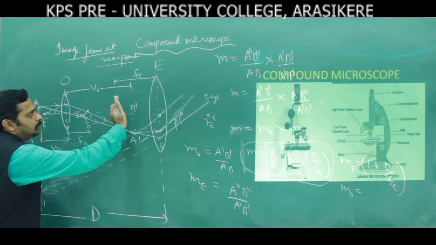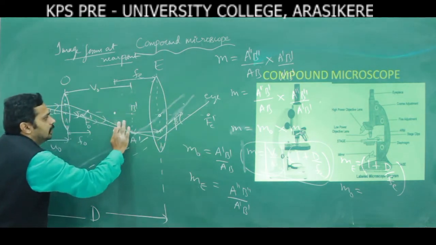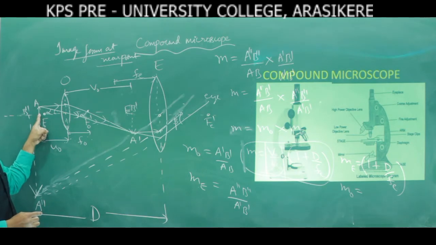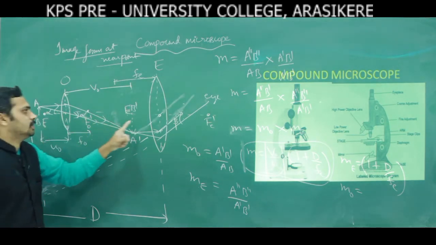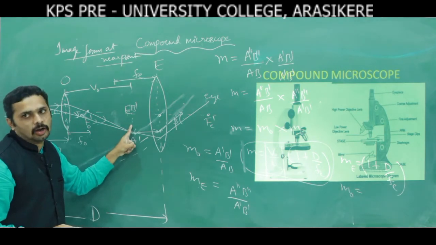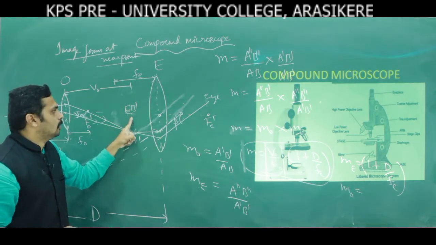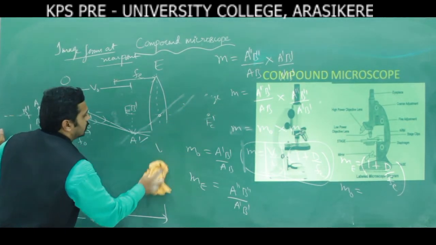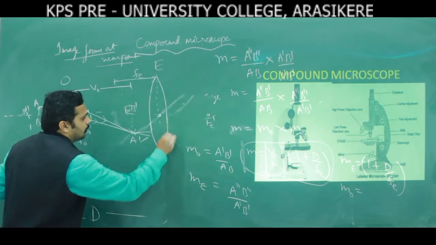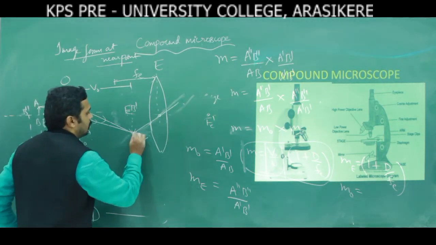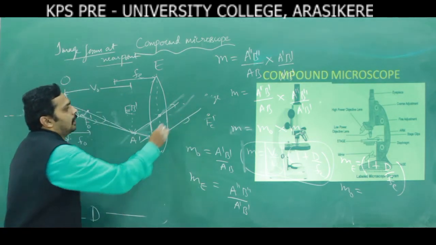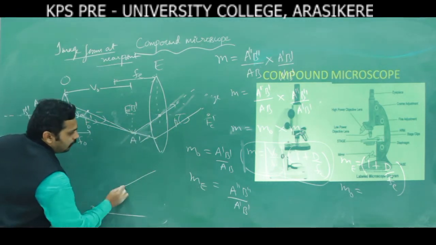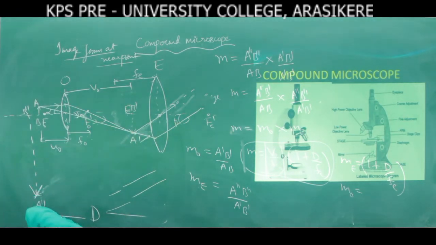Now look at here, just by moving the eyepiece lens, now it comes here by fe. Now this is the object, this is the image for the objective lens. For the eyepiece lens, the image acts as an object, the object at focus. We know that the object at focus, these rays are parallel. The rays are parallel means it meets at infinity.